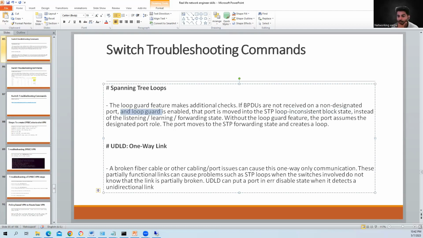So link flap is not only with the fiber. You can also see the link flap in Ethernet port also. But yes, so